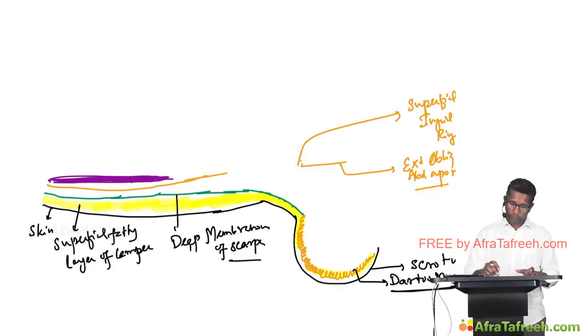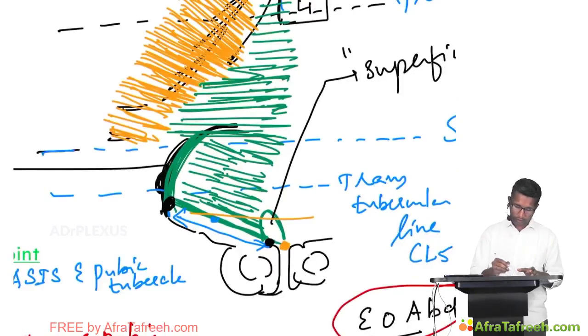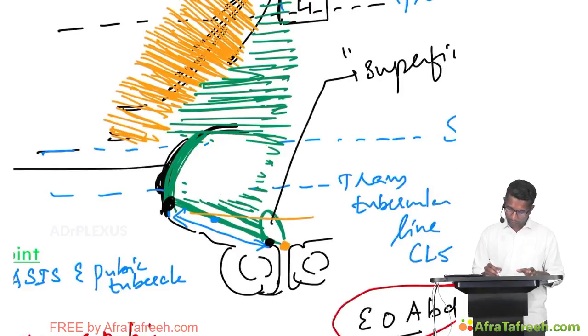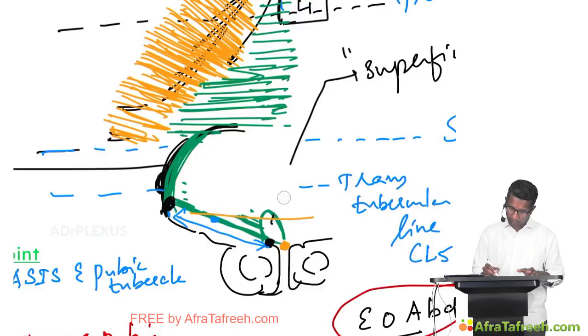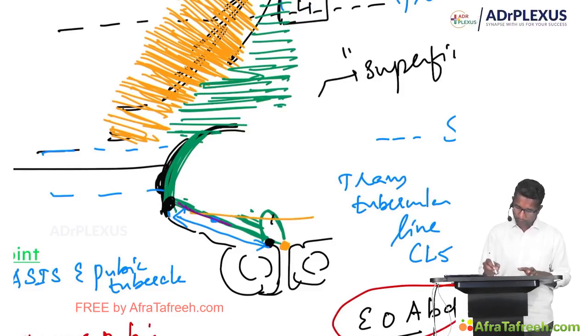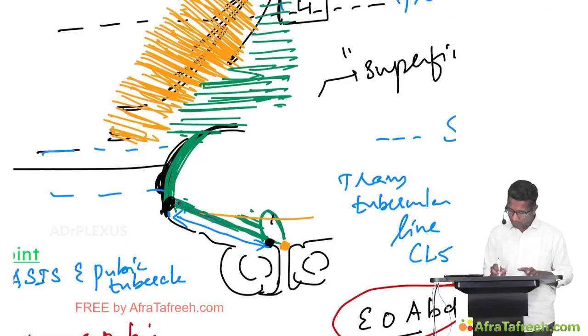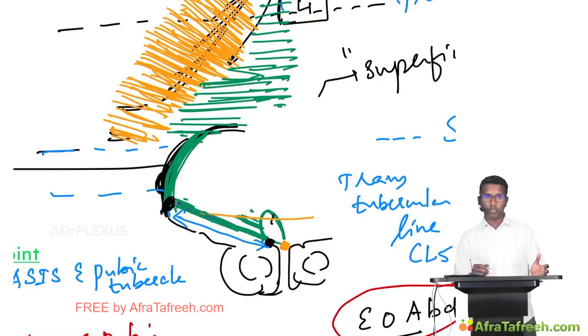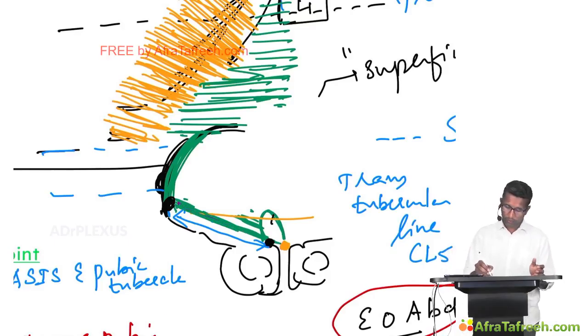So if I want to show this, I'll just erase this area. I'm just removing the external oblique abdominis muscle. I'm removing everything here. So if you see here, I'm left with the inguinal ligament here. So from the lateral 2/3 of the inguinal ligament,